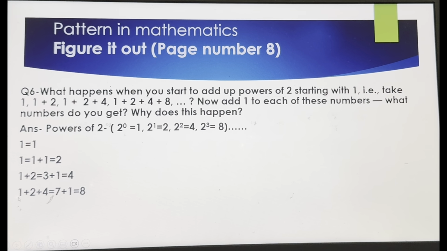Then 1 plus 2 plus 4, the third one. So you are getting 7 and then add 1 to it, so you get 8. Then 1 plus 2 plus 4 plus 8, this one, you get 15 and then you add 1. So you get 16. Then 1 plus 2 plus 4 plus 8 plus 16 gives you 31. And then when you add 1 to it, you get